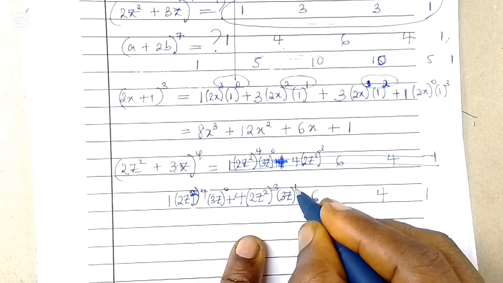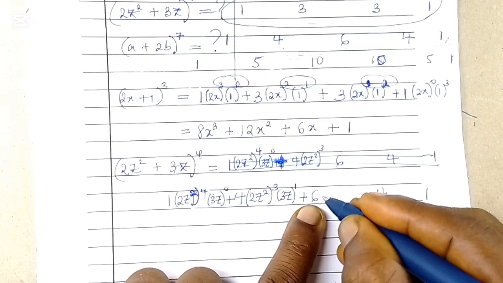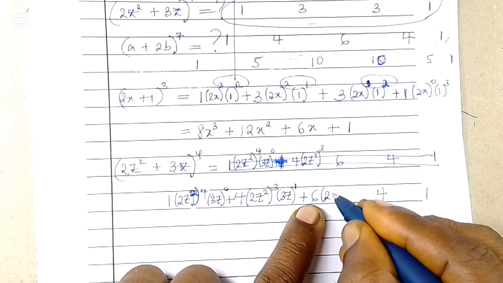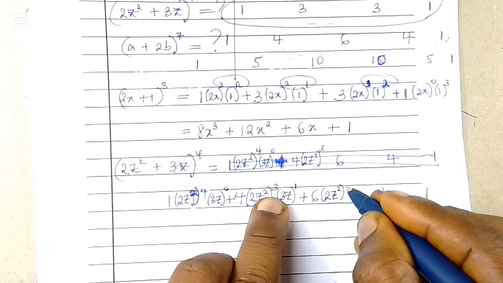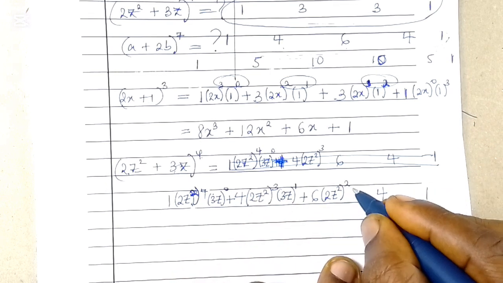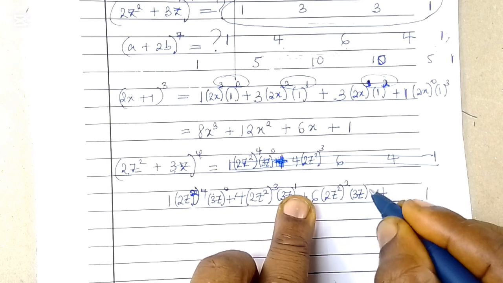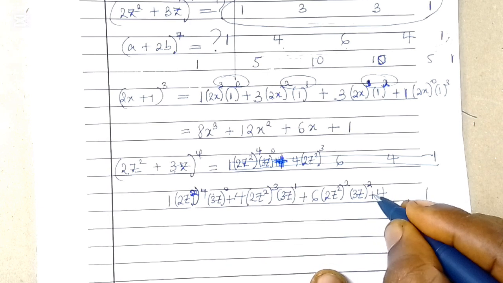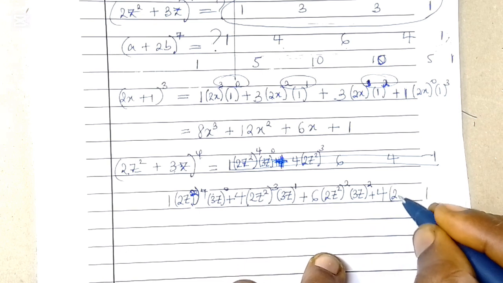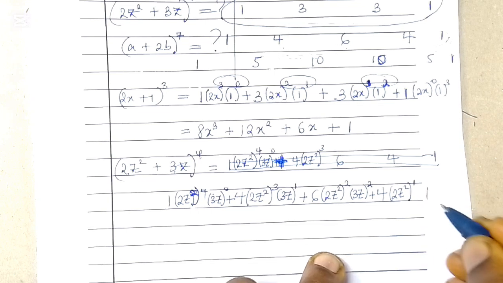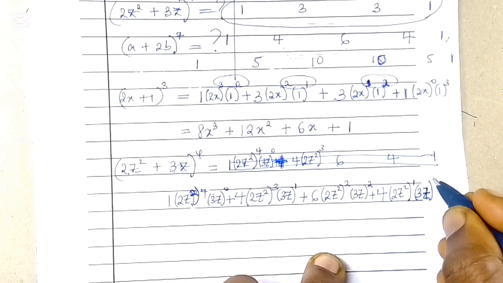So from 0 it will go to 1, plus the next term has a coefficient 6 according to Pascal's triangle, but it will carry 2z squared, the first term here, having the power drop by 1 again to 2 from 3, and the second one will be 3z raised to the power of 2 because it increases by 1 to 2, plus the next term will carry 4 as the coefficient, and this will be 4 times 2z squared all raised to the power of 1, and you will have 3z raised to the power of 3 because it will increase by 1 the power,